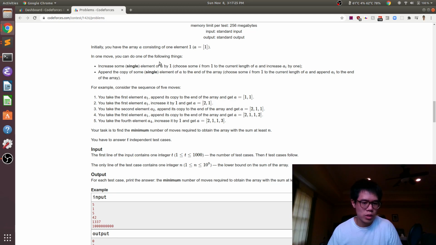We have two operations we're allowed to do. The first operation is to pick any element of the array and increment it by 1. The second operation is to take any element of the array, copy it, and add it to the end of the array. This is an example of what you can do starting from the array 1. You can copy the 1 to get 1, 1, increment the first thing to get 2, 1, copy the 1 to get 2, 1, 1, and so on. And then we want to get a sum of at least n with a minimum number of moves.